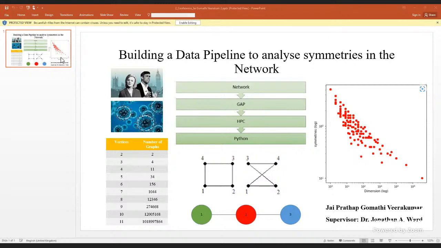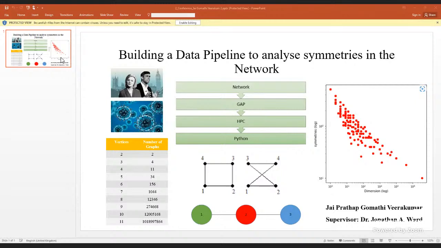And why do we have to analyze this network? By analyzing these networks, there are applications such as the voting behaviors of people, the way that people can influence the voting behavior on each other, or widespread of the disease during an epidemic. For example, I investigated a small scale network of 11 vertices, which has over